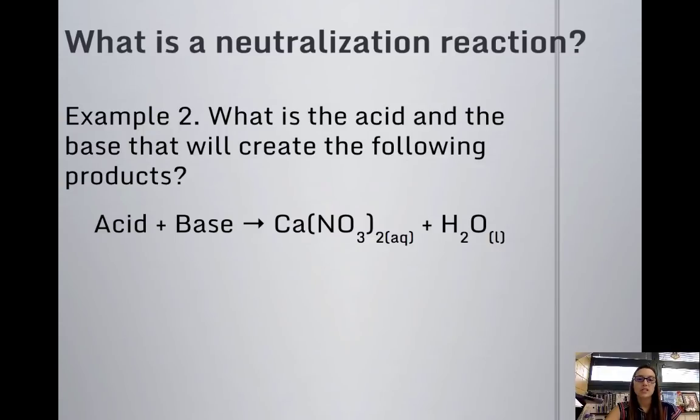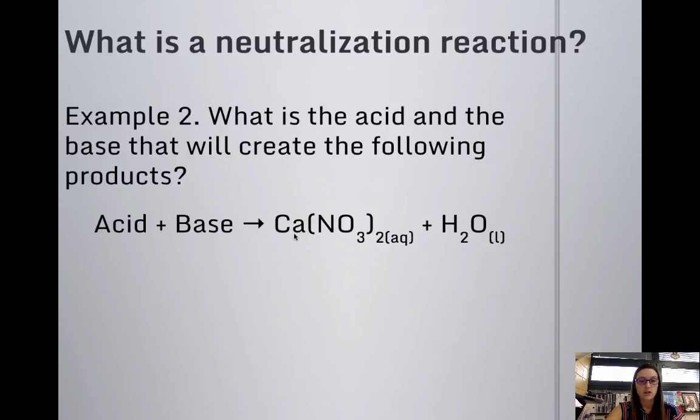So this second example says, what is the acid and the base that will create the following products? So this is having us look at the products and go backwards to figure out the reactants. So when you're looking at your products, remember that the cation comes from the base, the anion comes from the acid. So really we just have to go backwards. We know that Ca is going to mix with hydroxide to form the base. NO3 minus is going to combine with H plus to form the acid. So if you crisscross your charges, your acid will be HNO3, so nitric acid. Your base will be